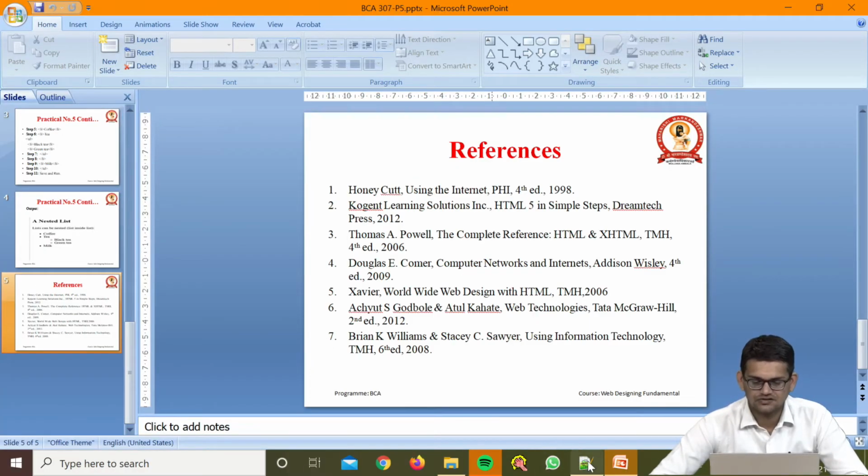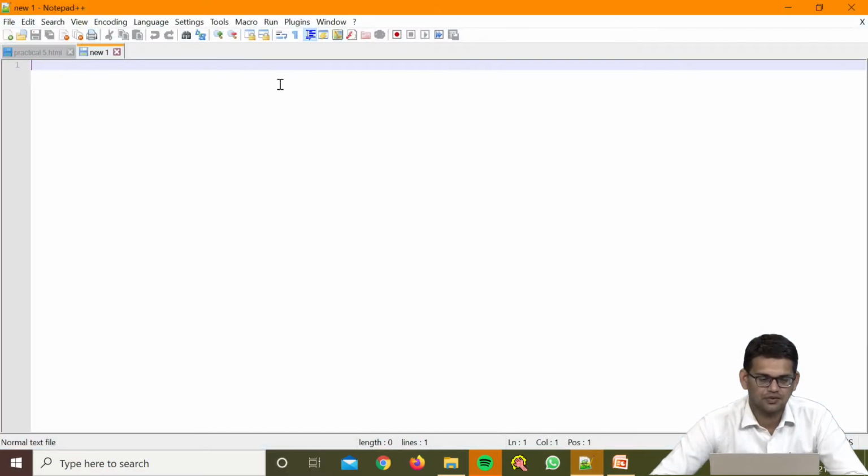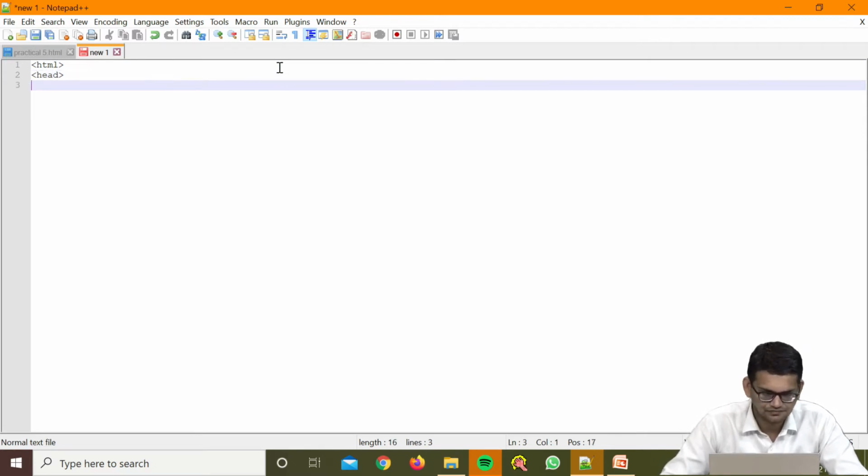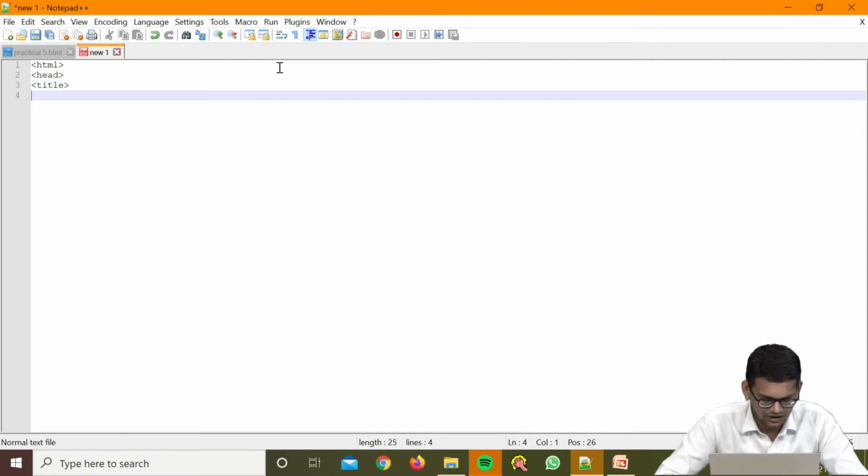I am moving towards the editor. This is my editor, which is Notepad++, and now we start with the elementary tags. We already know the elementary tag is the HTML tag followed by the head tag. After this we are going to write the title. In the title we write what we are doing here: practical for nested list.